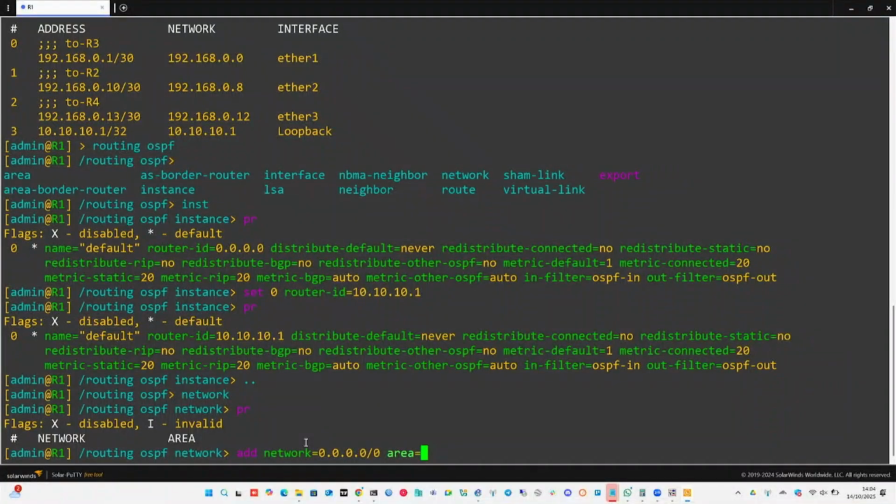You are gaining something, and you are sacrificing what? Something, right? So if you want to use a single area in your network, there is something you are gaining and there is something you are sacrificing. If you want to use multiple areas, there is something you are gaining and there is something you are sacrificing. So for the basic one that we are doing, we don't need to create any area because by default,